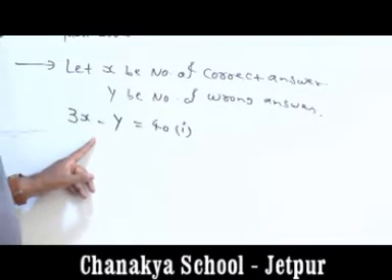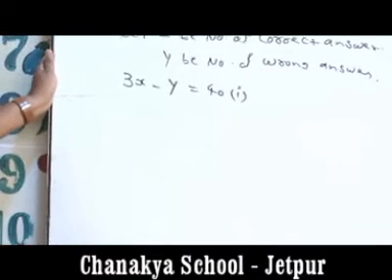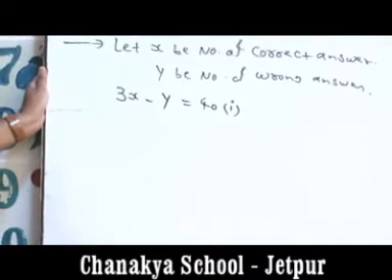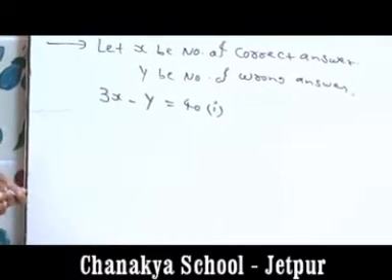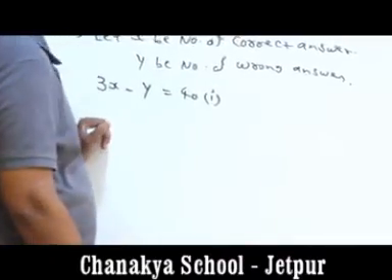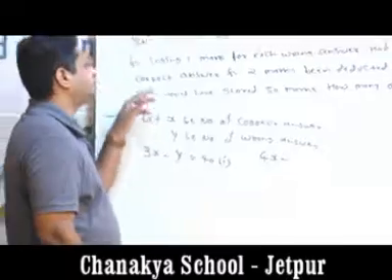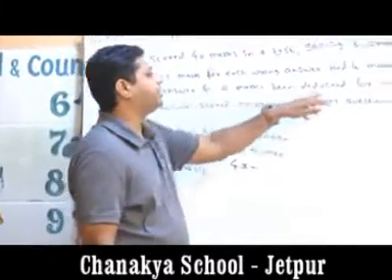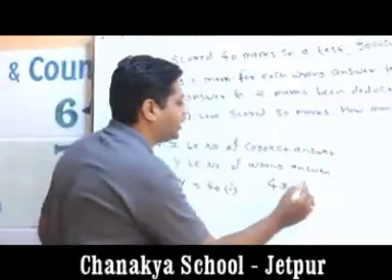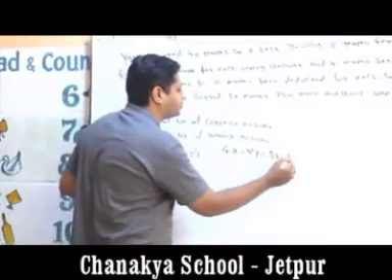Okay. Second equation will be according to statement, had 4 marks been awarded for each correct answer and 2 marks been deducted for each wrong answer. That means in second case, Yash is going to be awarded 4 marks for right answer, that is 4x. Losing 2 marks being deducted, that means 2 marks are lost per incorrect answer, that is 2y, equal to aggregate mark would be 50, that is equation number 2.